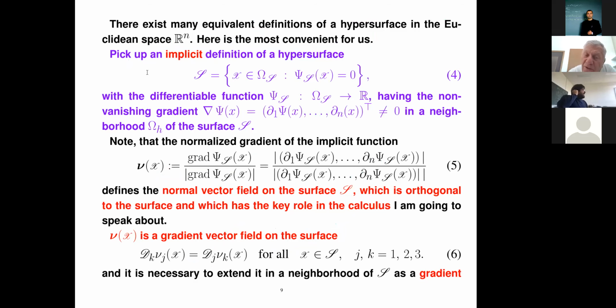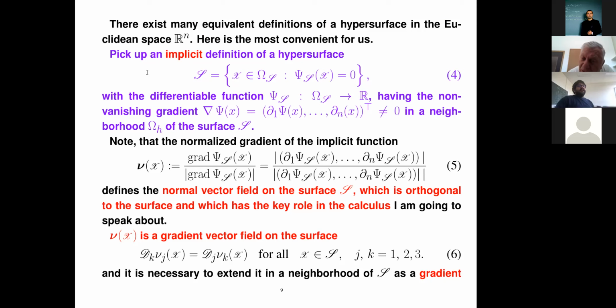The surface is given by the zeros of some function which has a non-zero gradient, and the normal vector is given as the normalized gradient of this surface function. So if the surface is given by such a function, finding the normal vector field is quite an easy task. Okay, then we define